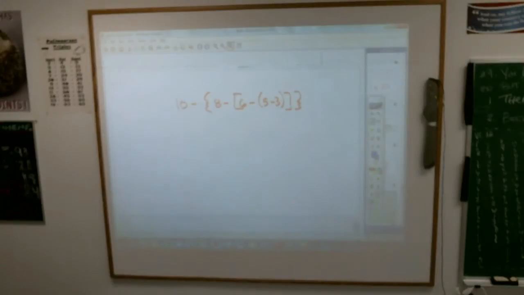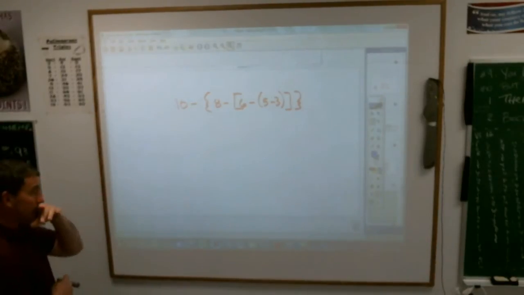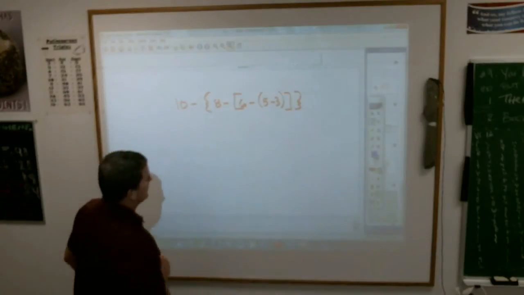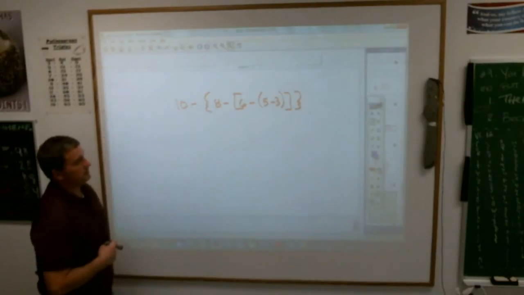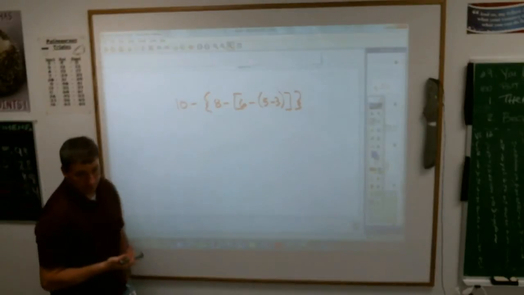What are we going to do first? Well, that's why we do this here, so you can see this. Take a look here, and again, please excuse my dear Aunt Sally. The first thing you do are the parentheses or the grouping symbols, of which you see there's a whole